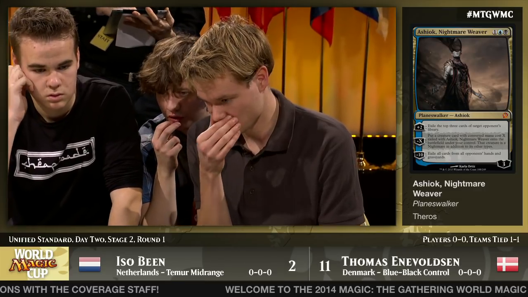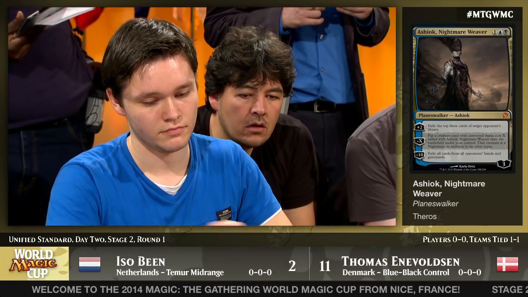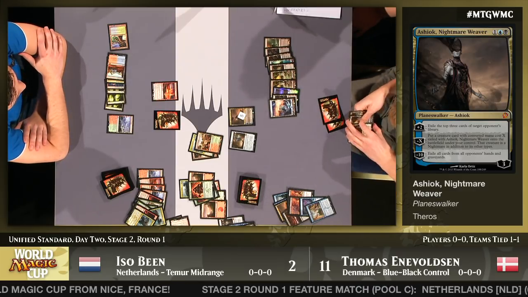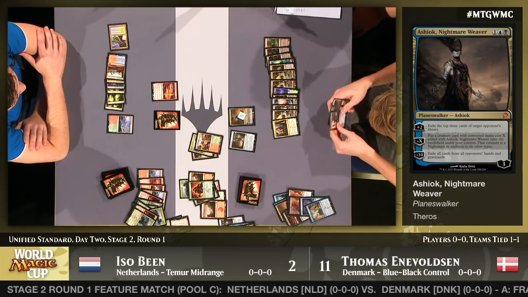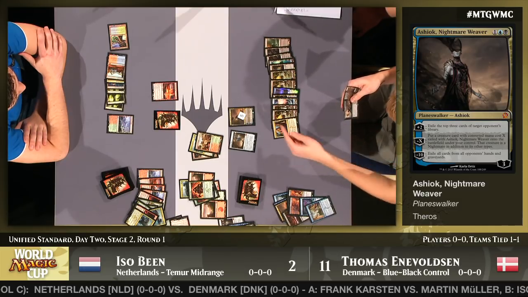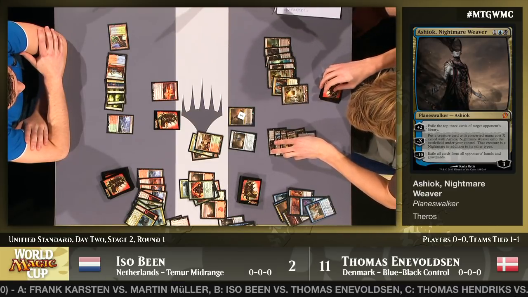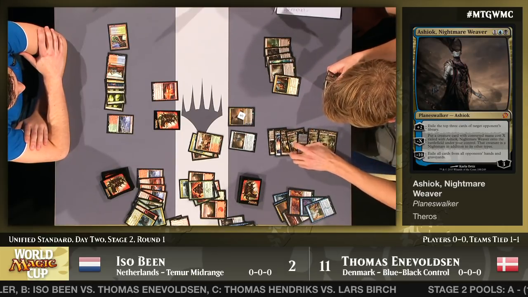I mean, I'm not sure how Tomas finds a way to finish him, but he will. It sounds like we're up to Ashiok number 3 in this matchup. Wow. Ashiok putting in work. That's how you draw it up with Temur, right? You have lots of removal so that you can kill your own creatures after Ashiok steals them. Not sure if that was plan A, but...